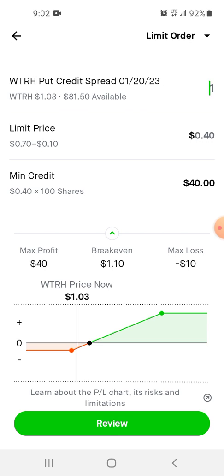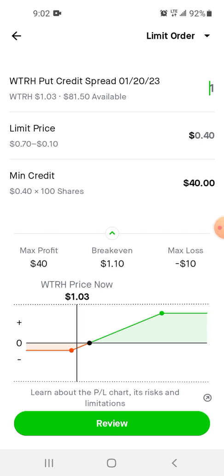Long story short, they're not going to close it. And you can just Google why they don't close options early, because they're trying to make as much profit as possible. So then what you do is you look at the graph. Maximum profit's 40. Maximum loss is 10. And like I say, you're not going to lose that because you can close it early, or when it gets close, or you can keep this in your